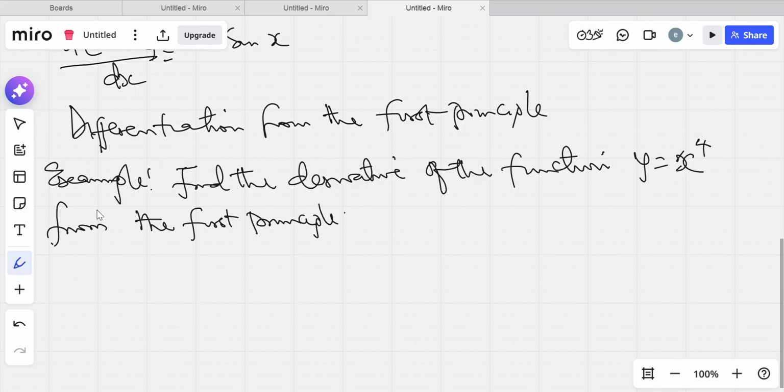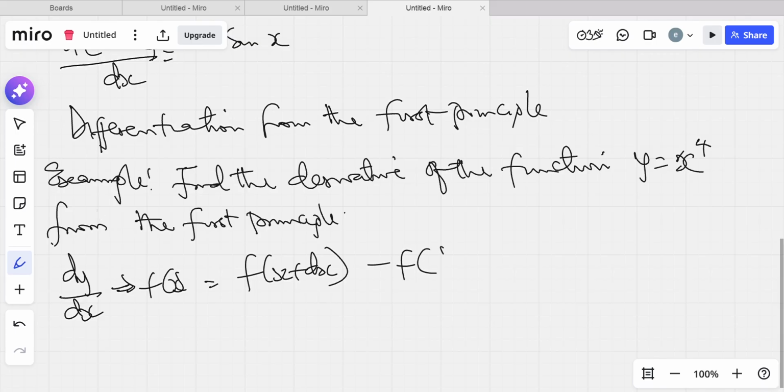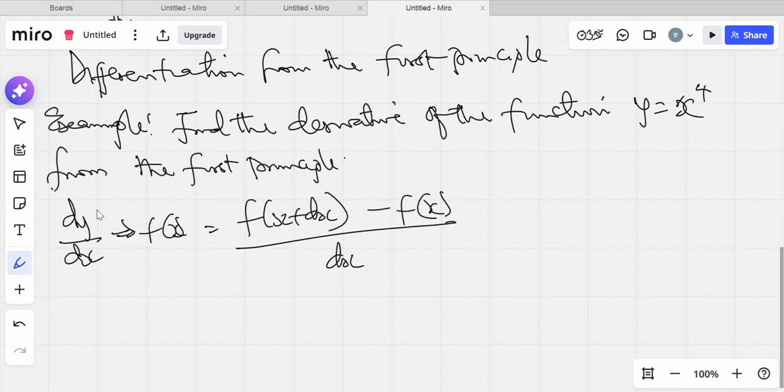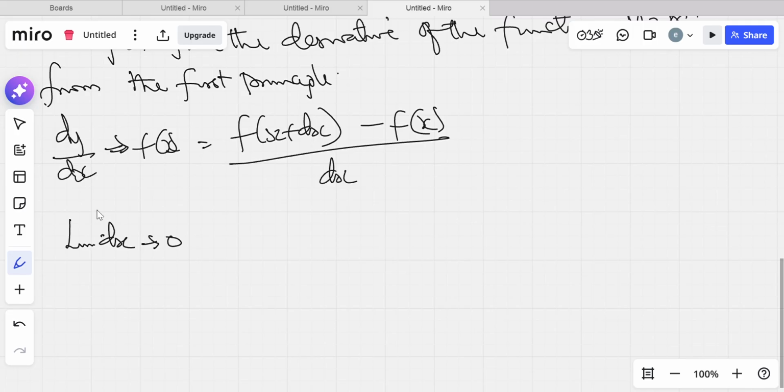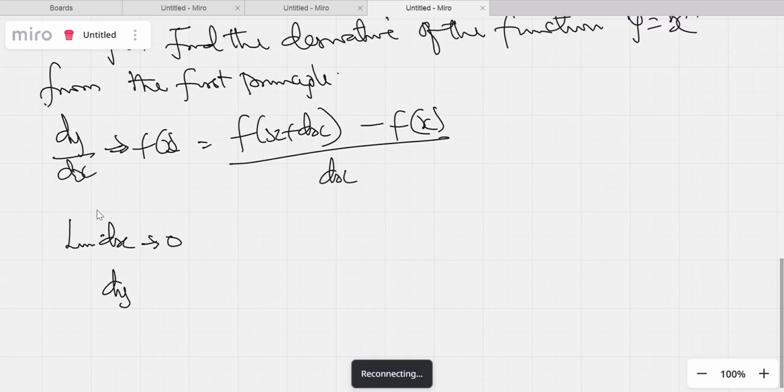Either we are going to use two formulas. Either you use this formula, that dy over dx, being a function of x, is f of x plus delta x minus f of x, all over delta x. Applying this formula, what we mean is limiting delta x to 0. So we'll now have that dy over dx